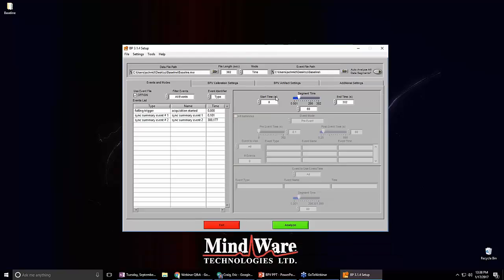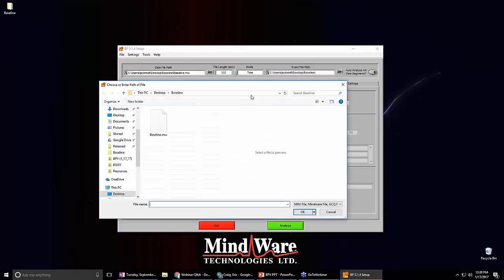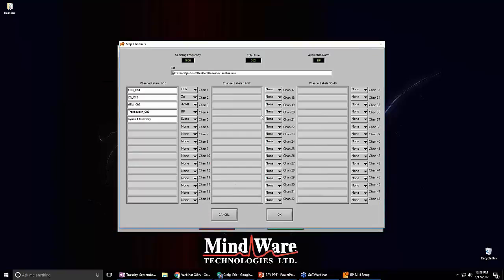Okay, so this is the BPV analysis application, and I will actually open a file as if I was opening it for the first time. So open this baseline file. The first thing we're going to want to do is make sure that our channels are mapped correctly. How we do that is we simply look at the label that we determined in BioLab,